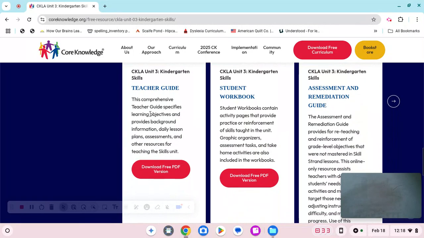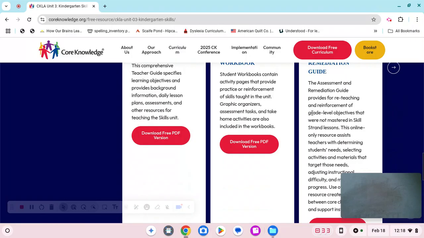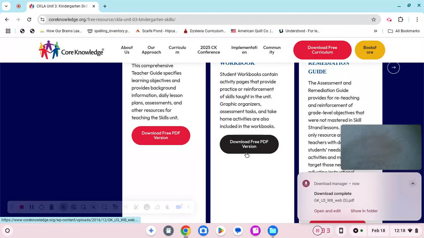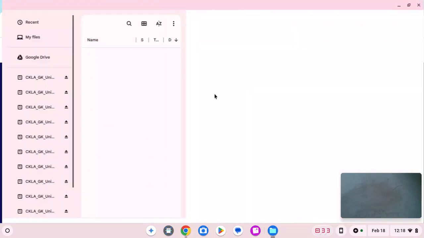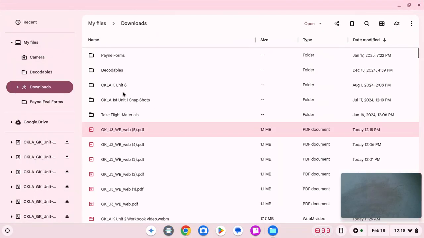So if you scroll all the way down, I don't need the teacher's guide. I don't need the assessment and remediation guide. I'm just going to get the workbook, that's all I want. You might want those others to look into, but I do not. So get it downloaded, show in folder, open it up,